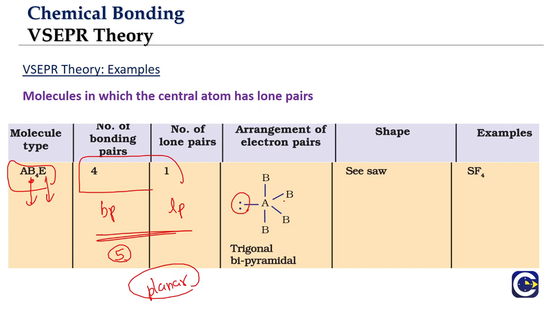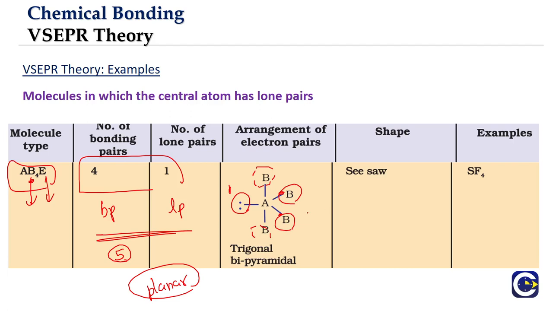Then what do you see? The remaining positions have to be taken by the atoms of B, right? First preference we are giving to the lone pair. Lone pair we are going to first keep in the planar position. Only one lone pair is there, so we'll just keep it there. The other 2 positions in the plane will be taken by the atoms of B. And there is one axial position above, one axial position below. They are also taken by the atoms of B.